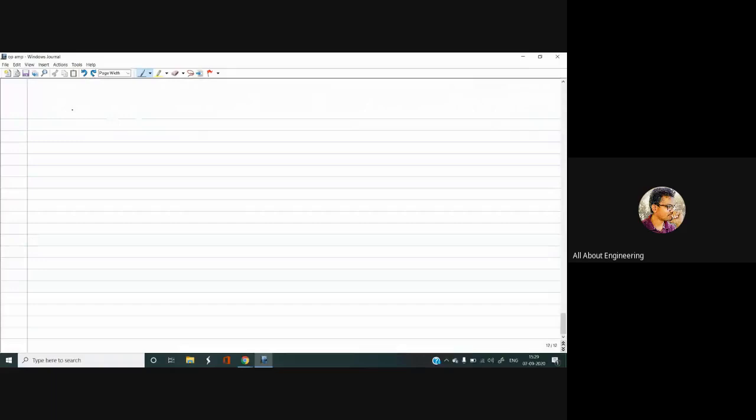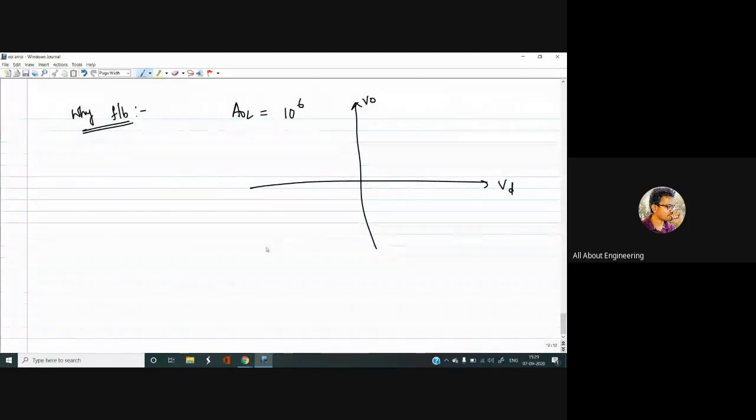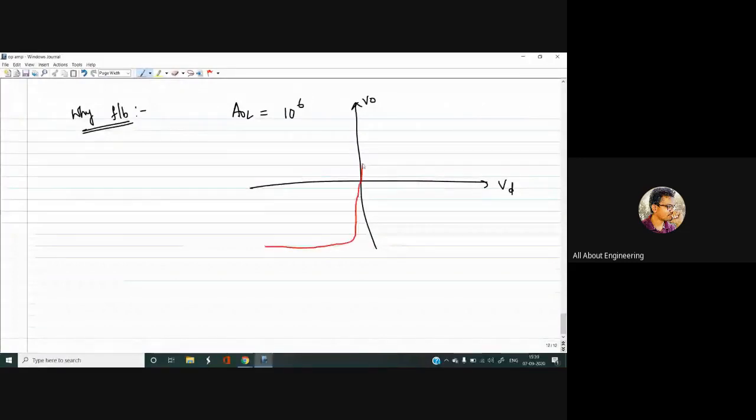Now, the first concept. Before going to that, let me tell you one thing: why we are going with feedback connections. The open loop gain of an op amp is approximately equal to 10 power 6, which is very large. By doing a simple experiment in the lab, it is observed that the ideal transfer characteristics, which I have explained earlier, were somewhat like this for an op amp. This gap is very small, although I have drawn a straight line, but ideal characteristics are like that. Practically the characteristics would be somewhat like this, which are very inclined towards V naught. That means the slope is very high.